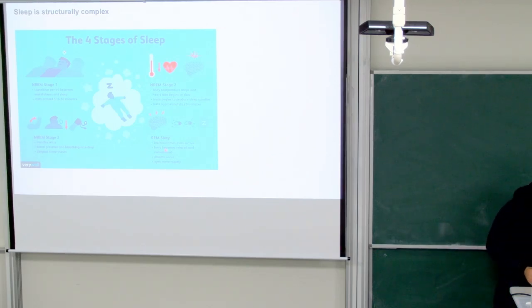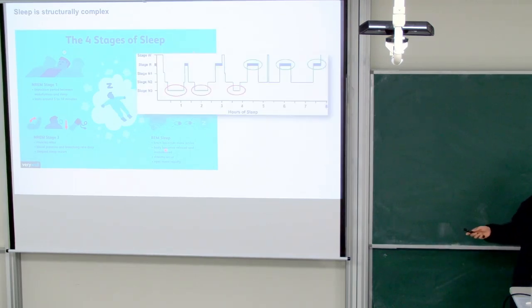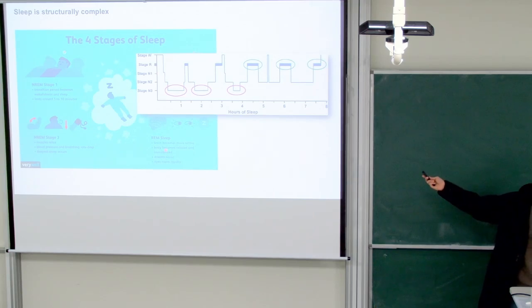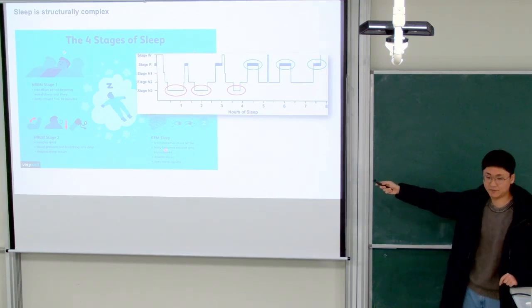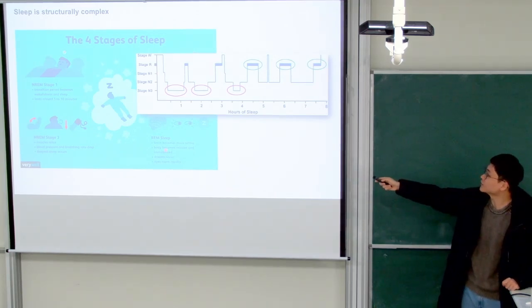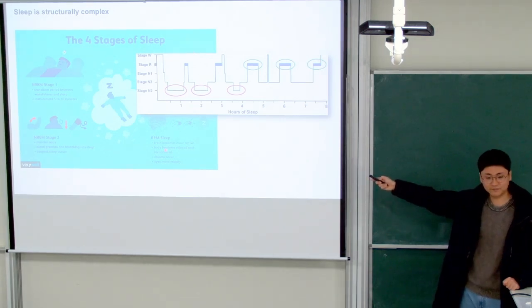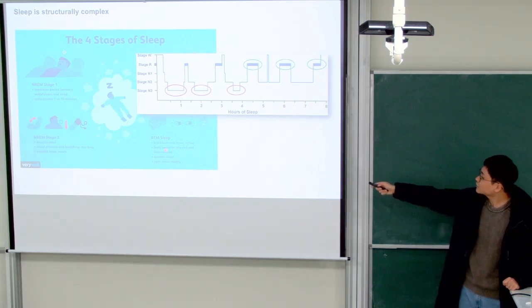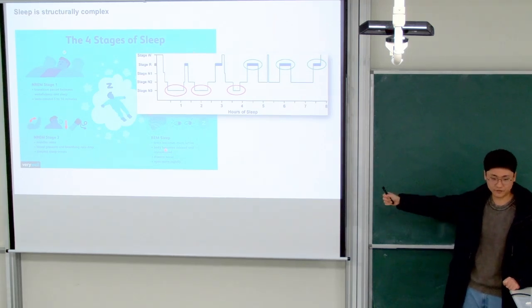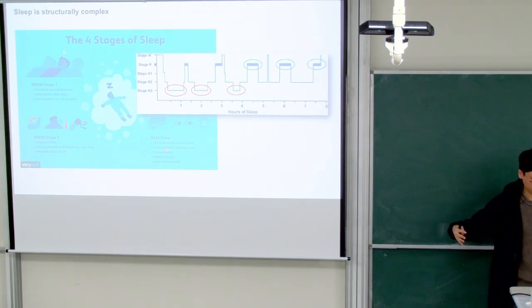So like this, there are several sleep stages, and this is kind of a time series of sleep, and how the stages change as time goes. First, we were in this wake state, and then it goes to this N1 stage, and goes deep, and has deep sleep, and then suddenly comes back to some REM sleep. And then again deep sleep, REM sleep. So you can see some kind of cycle. This is a regular structure of sleep.